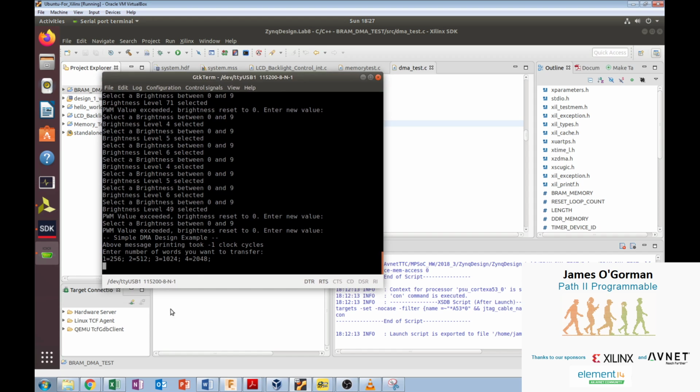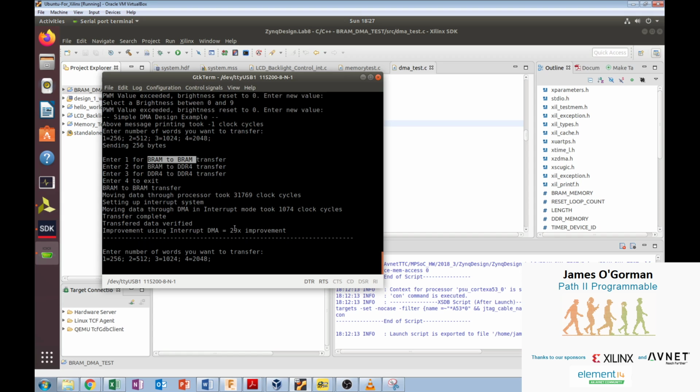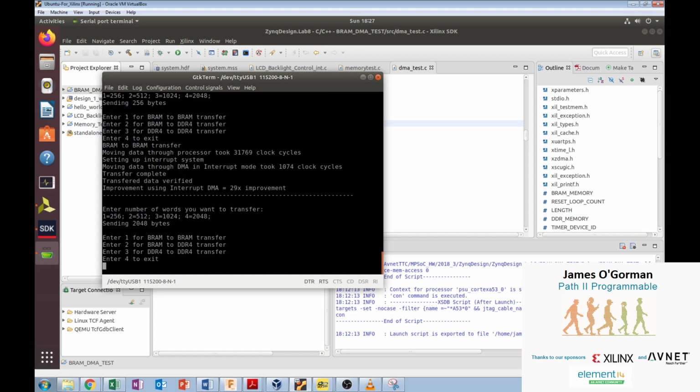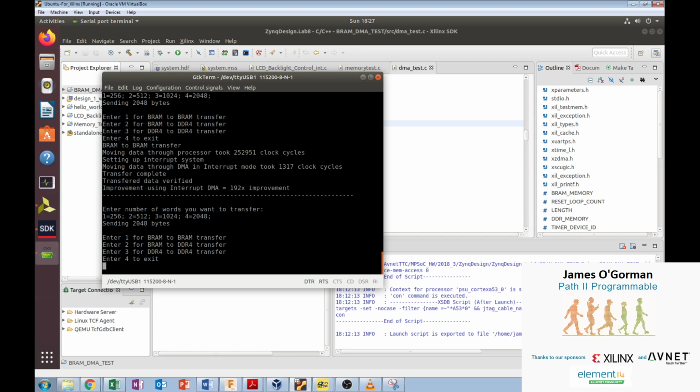So if I press 1 to move 256 bytes from BRAM to BRAM by hitting 1 again, I actually get almost a 30x improvement. And when it's exaggerated with 2048 bytes, so if I do BRAM to BRAM again, I get 192, right? BRAM to BRAM, 2048 bytes. And if I do this again from BRAM to DDR4,